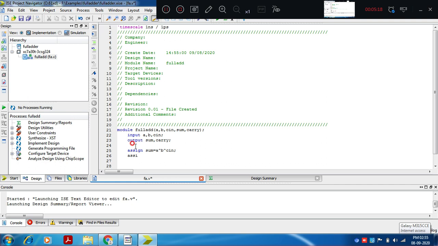Assign carry equal to A and B, or B and Cin, or Cin and A.